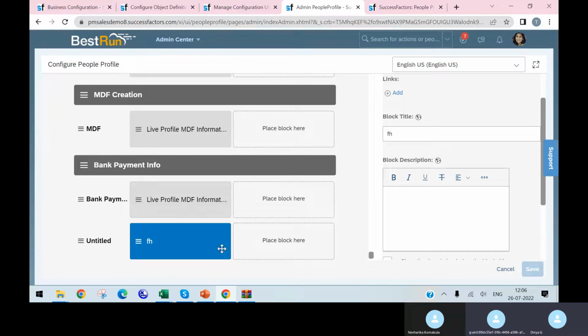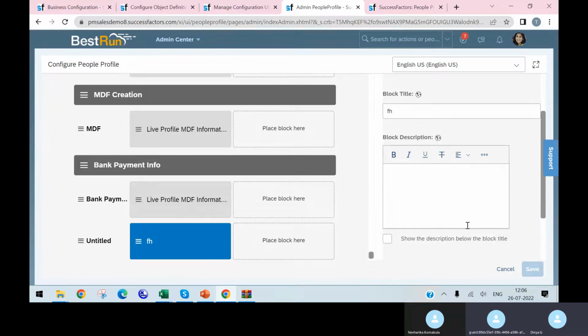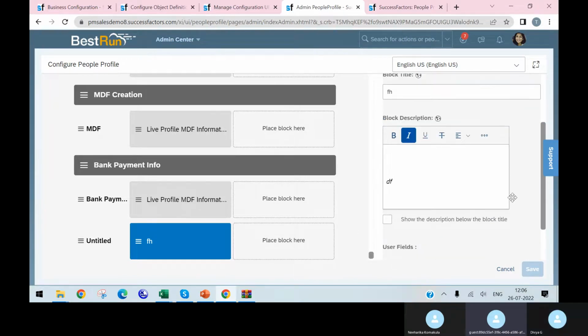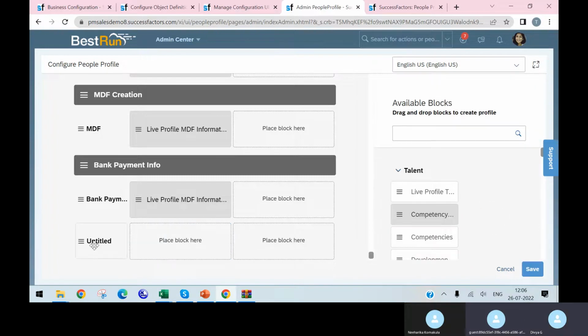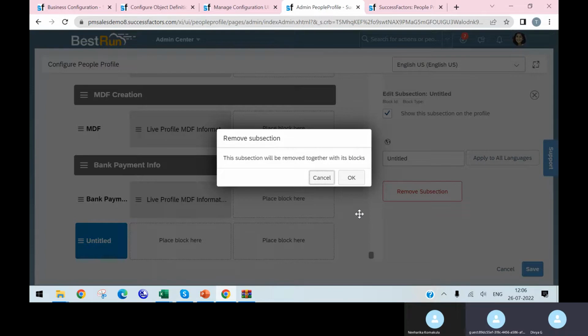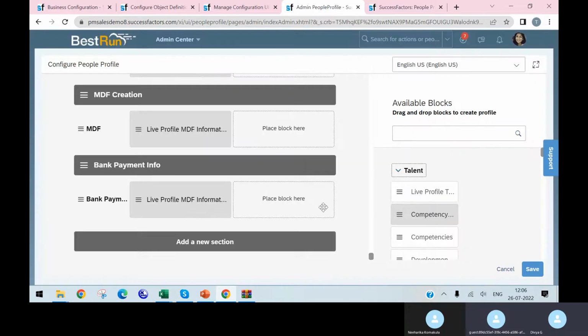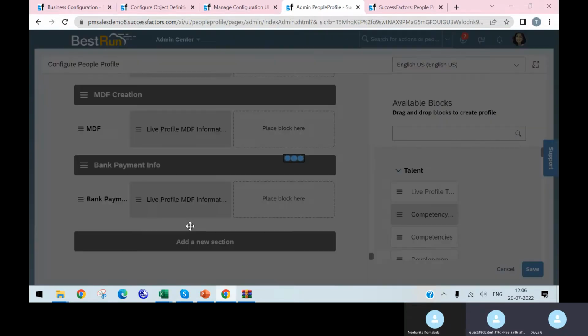I'm just giving something here. Okay, I'm saving this. If I want to show this bank payment info,